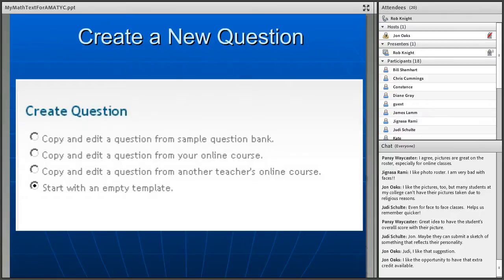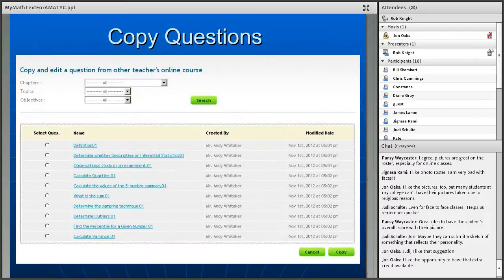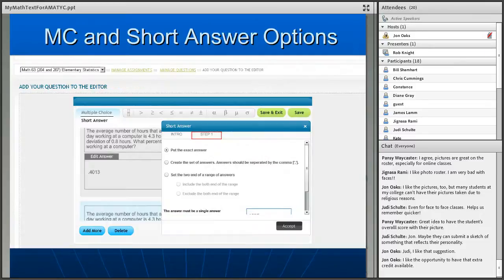In future versions, I intend to also make all of the resources that teachers use available to one another, as well as tests and entire courses, if that. You can easily copy questions from one course, from an instructor. This is from another instructor's online course. Once you've copied that question,